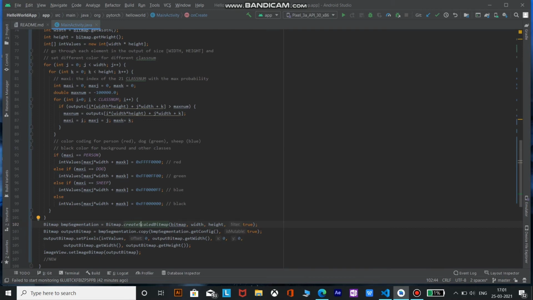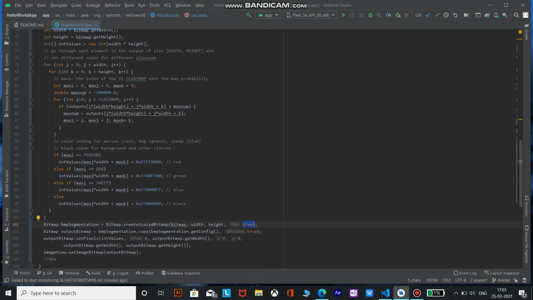The filter will be true, as if we pass filter equals false, then it will create a very blocky and pixelated kind of bitmap. But if we pass filter equals true, then the bitmap will be quite smooth.